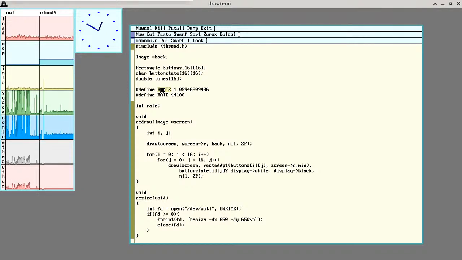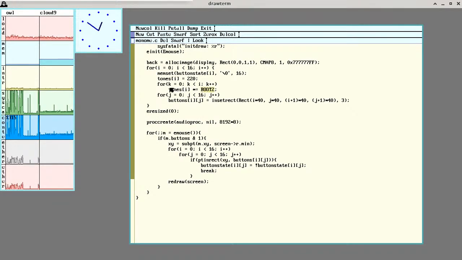So like whole, half. So C. Let's see. I think C to C sharp. Is there a C sharp? I forget. Anyway, to get from one note to the next, you multiply by this number, which is the 12th root of 2,